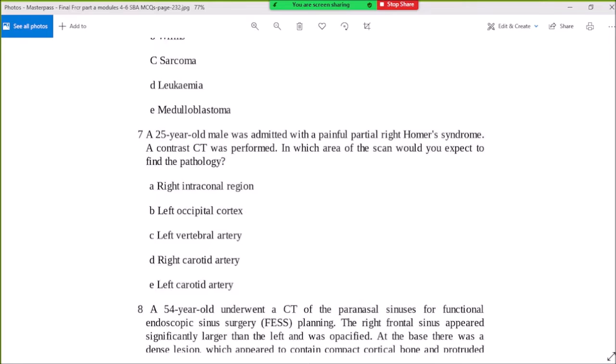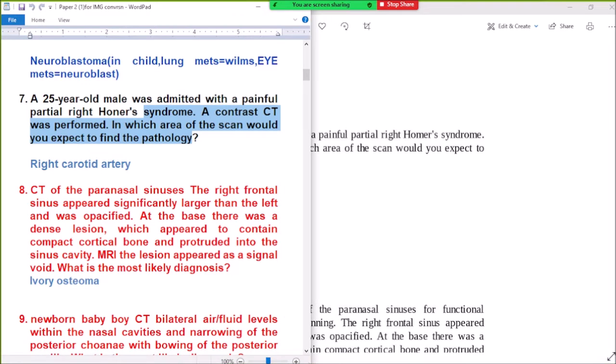A 25-year-old man admitted with painful partial right Horner syndrome. So when there's right-sided Horner syndrome, the pathology is in the right carotid artery. It cannot be in the left carotid artery, because the pathology is on the side which has Horner syndrome. It also cannot be in the other options, they don't make any sense. Okay? Question number